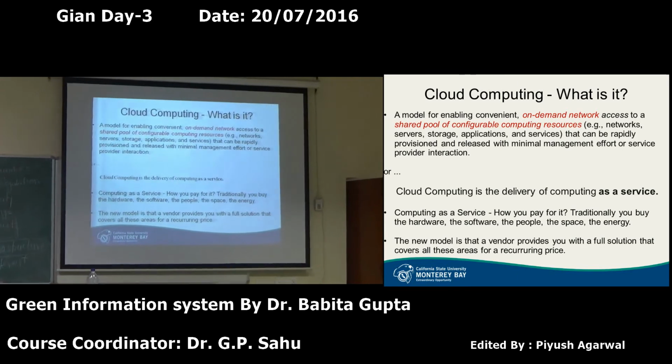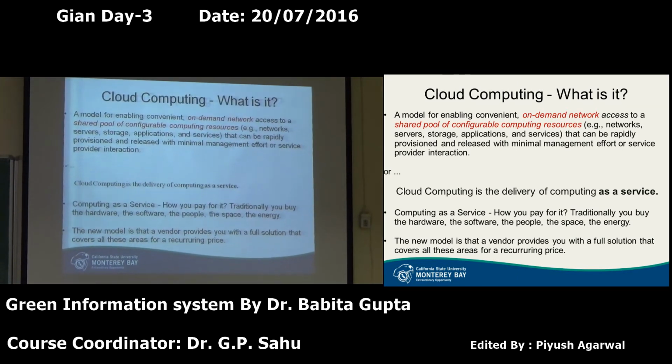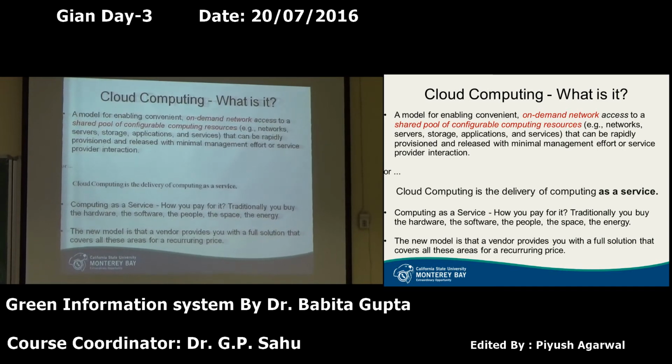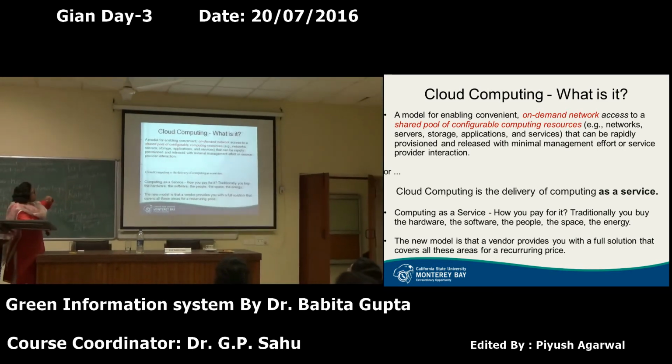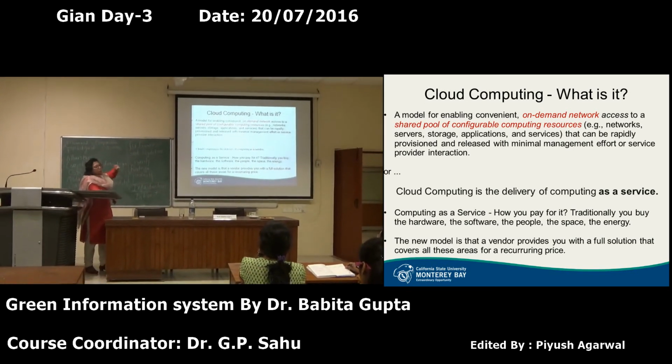It's an on-demand network. When we say network, it implies that you have servers and clients all interconnected through some sort of networking devices, wireless or wired or satellite. A shared pool of configurable computing resources, so servers, storage, etc., that could be rapidly provisioned and released with minimal effort. So what that means is,